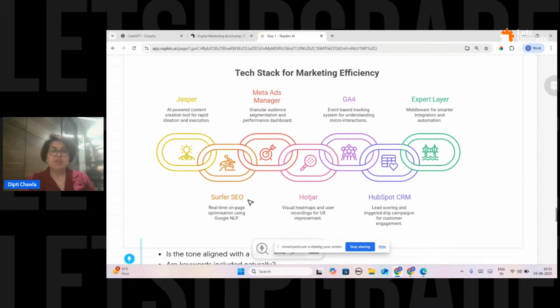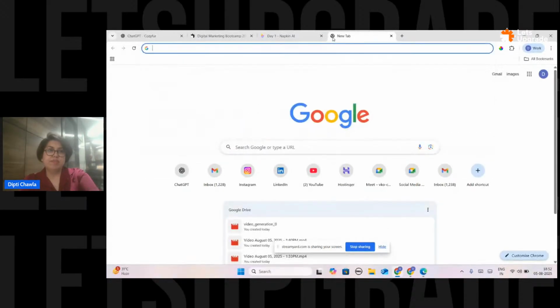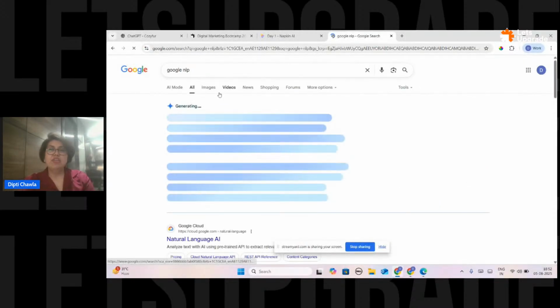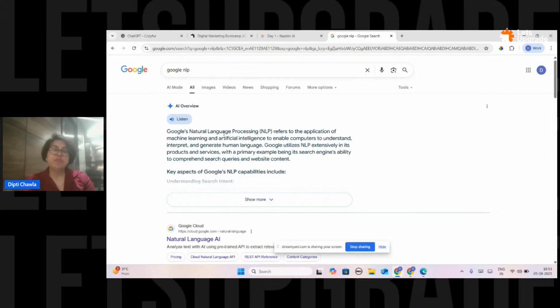Other than that, next comes Surfer SEO. This actually helps you with Google NLP. You need to understand this. Many of you get confused about NLP. One is natural language processing, which is Google's natural language processing, which machine learning helps.